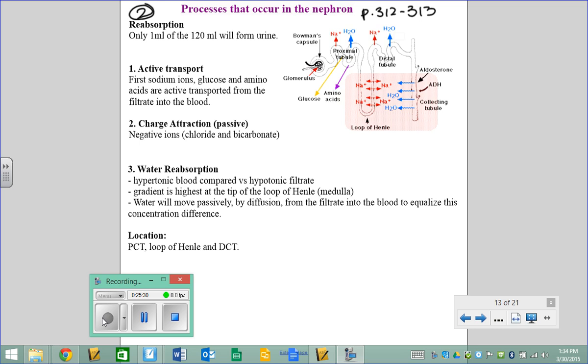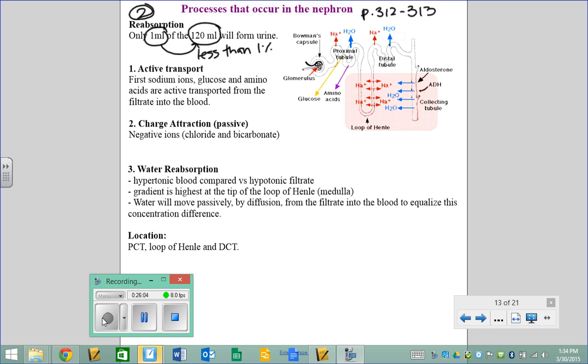So reabsorption is where your body is going to take back anything that got through the filter that it actually wants to keep. So some of the things that go through, because they're small enough to fit, are not things that your body wants to get rid of. So out of the 120 milliliters on average that got into the nephron, only about 1 milliliter of that will form urine. That is